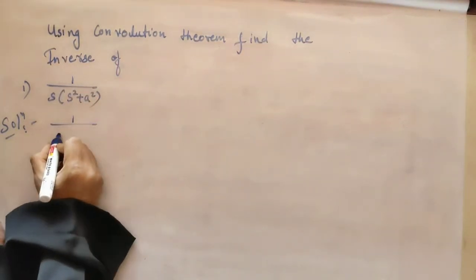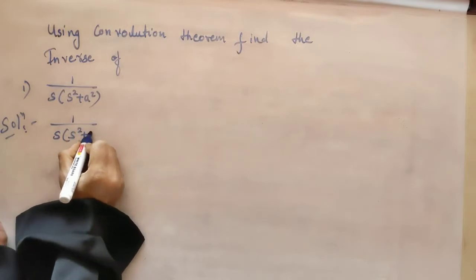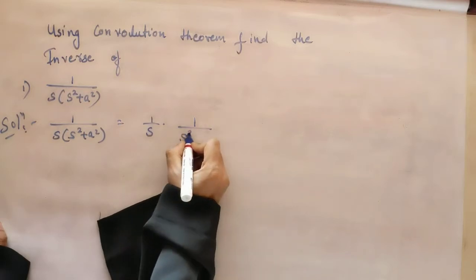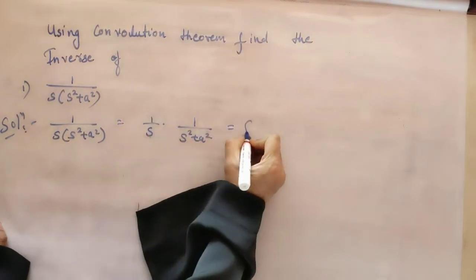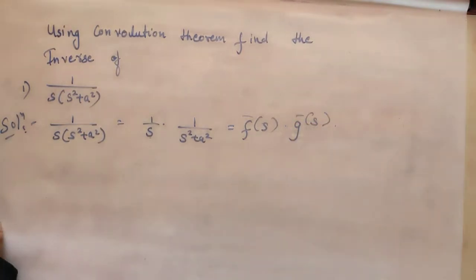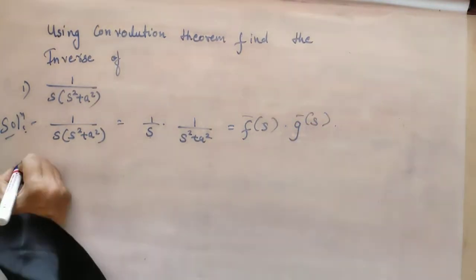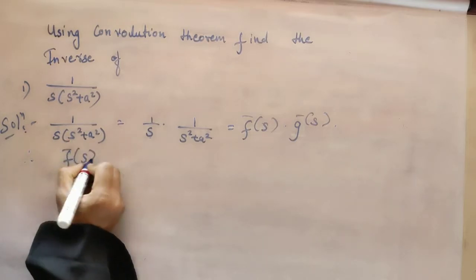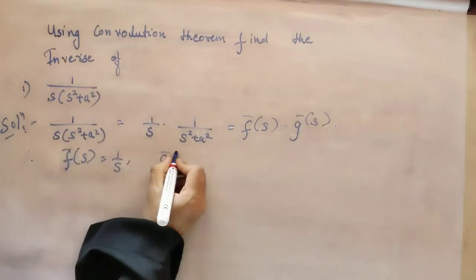I can write this as 1 divided by s into s square plus a square. I can write it as 1 divided by s into 1 divided by s square plus a square. Now this part I will consider as f bar of s, and the second part I will consider as g bar of s. Okay. So therefore f bar of s is equal to 1 by s and g bar of s,